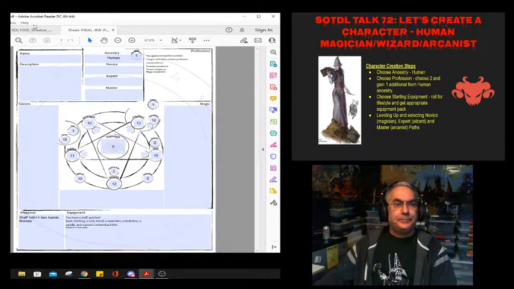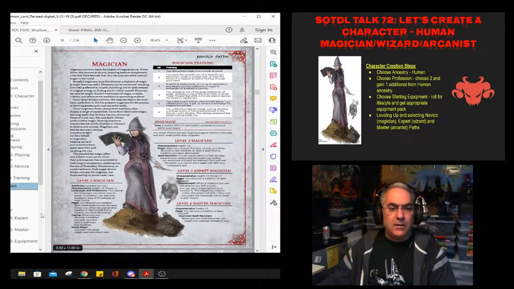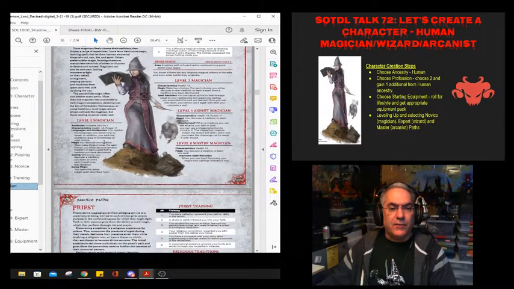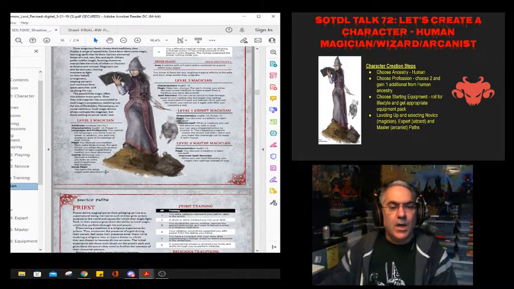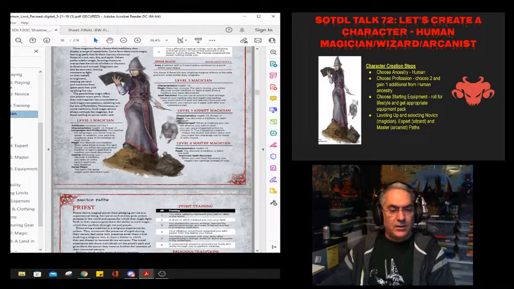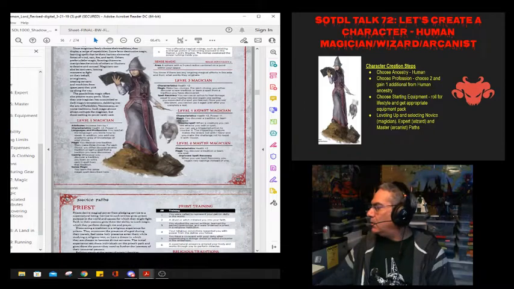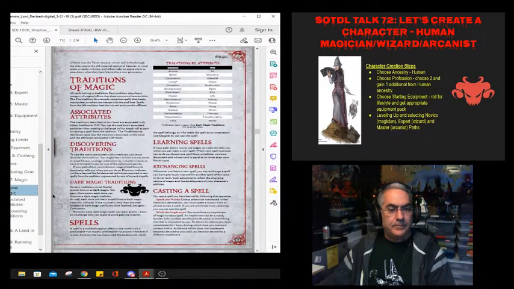All right. What do we go to next? We're back on our novice path. And we get some magic. So you discover 1 tradition. So let me describe this. This can be a little bit confusing. So you discover 1 tradition. So the traditions of magic are listed under the magic section of the rulebook. And the traditions are